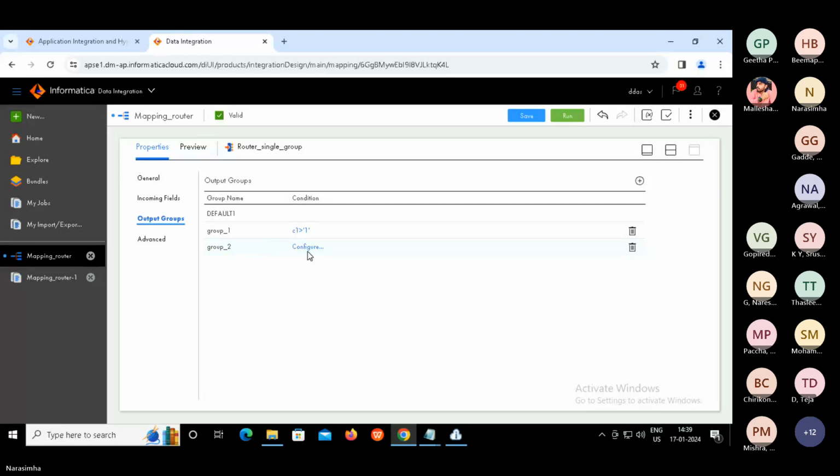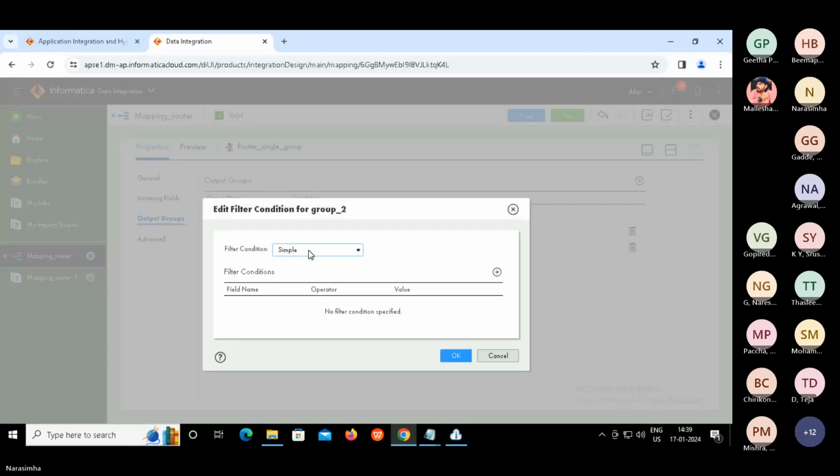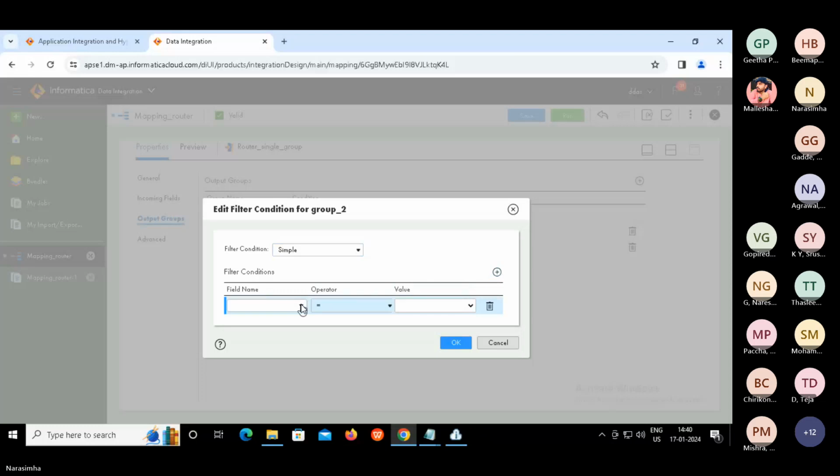Add group 2. Click on configure, click on plus, condition here.